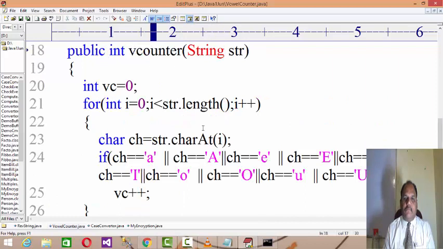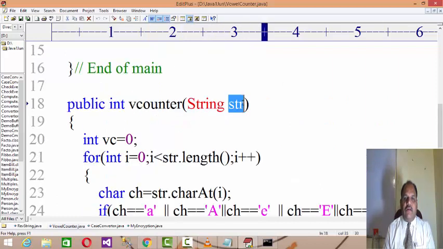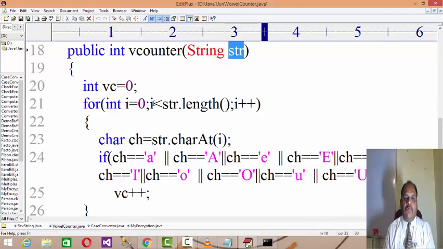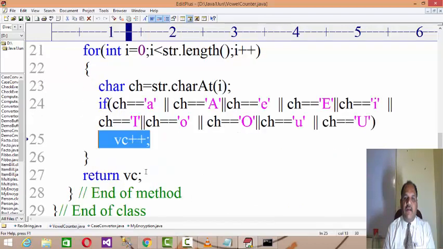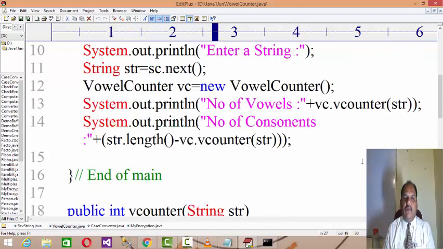Now this method will accept the string from the user, compute the number of vowels available in the string, and return that number of vowels.